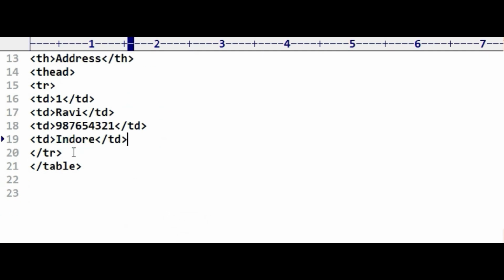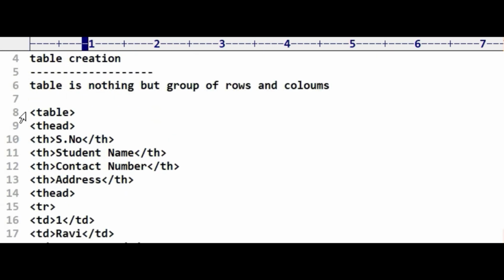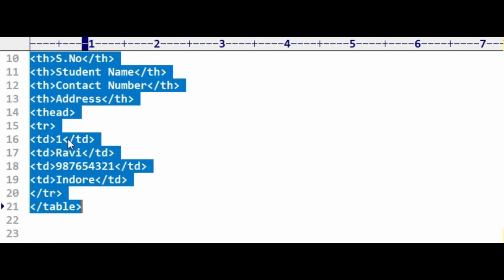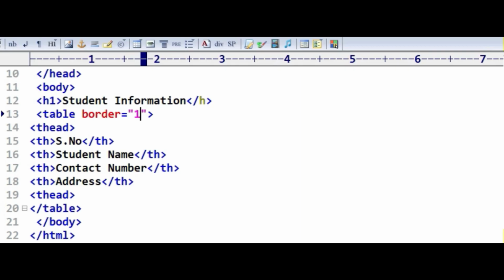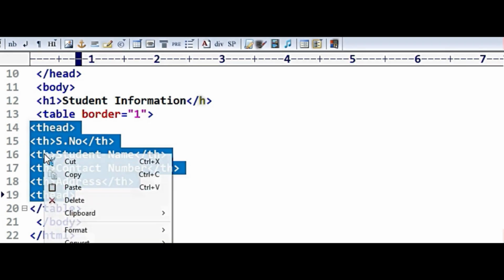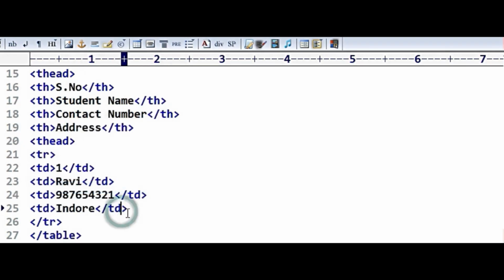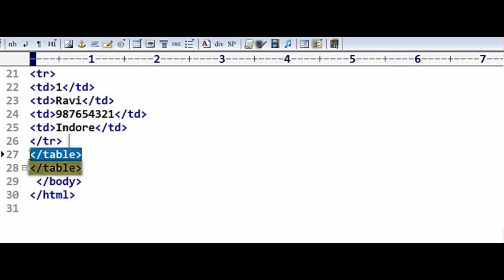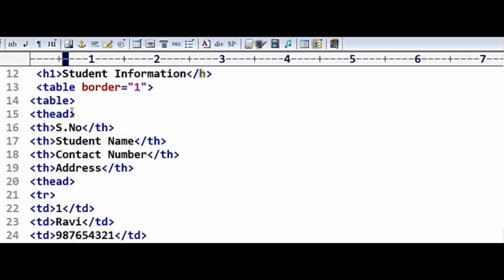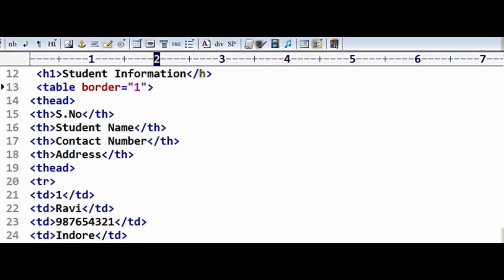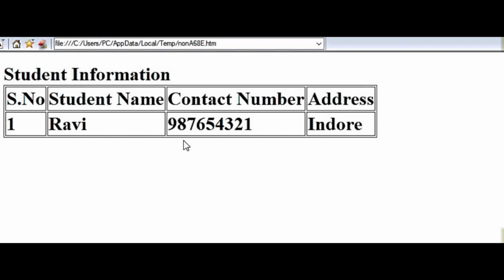So now you can run this code. You can run this and see the output. So you can see the 1, Ravi, the contact number and the address.